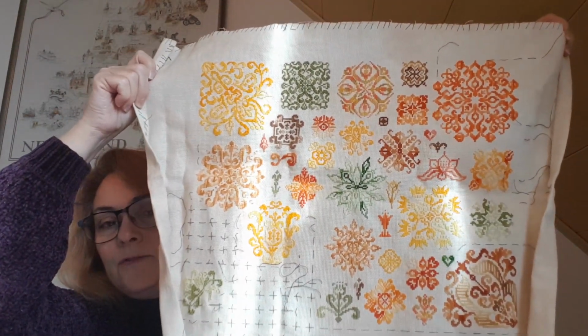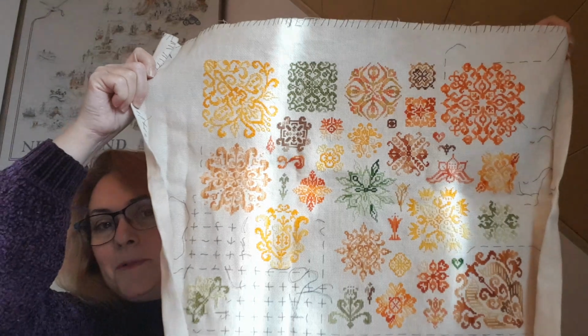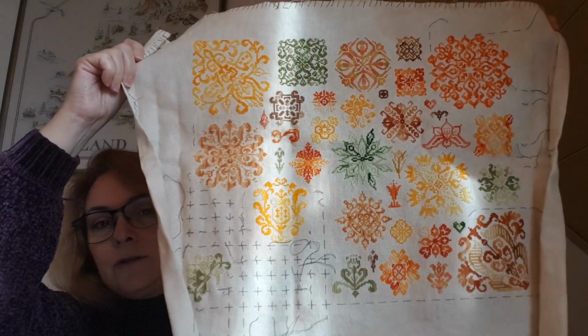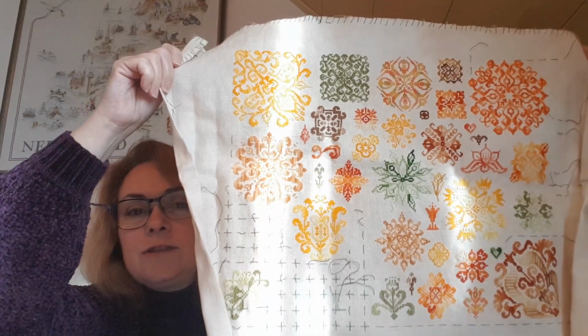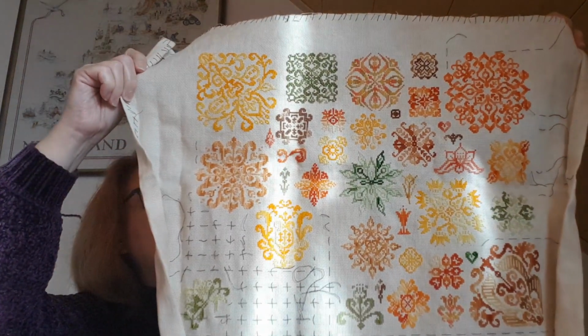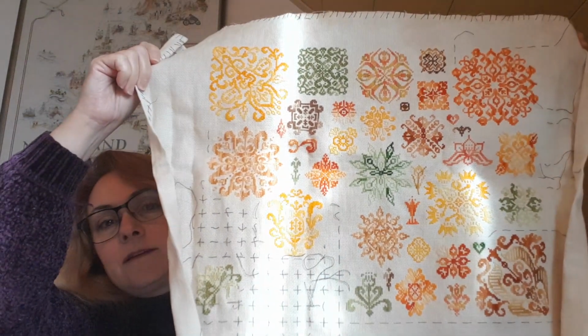But I think this would have benefited from a much darker fabric, or a darker mottled sort of fabric. I tried to choose colours, they're all variegated colours, and I tried to choose colours that represented autumn leaves. Well, I don't think I'll ever frame it, but I enjoy stitching. I'm a process stitcher. That was another WIP. And then I have